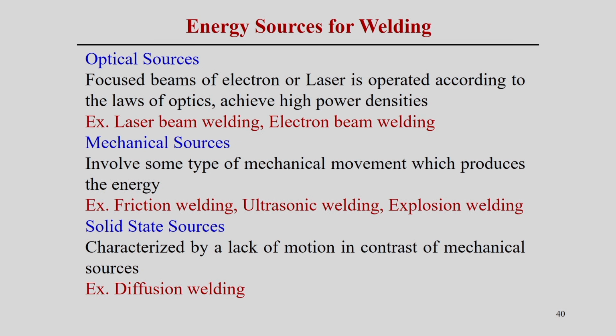Now, energy sources for welding also include optical sources. For example, the optical focused beams of electron or laser operated according to the laws of optics. So, that is why we can say these are the optical sources of energy. That means laser and electron beam welding processes use this kind of energy source for